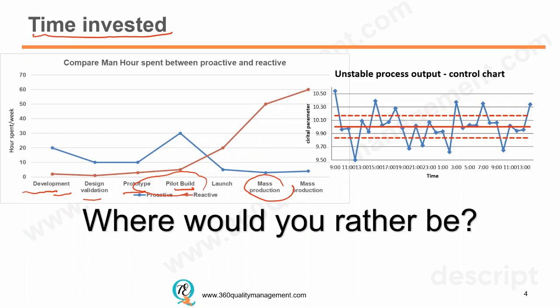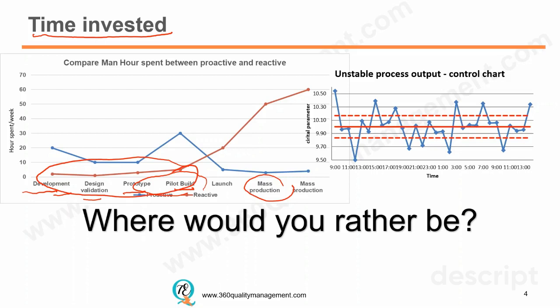And in a typical reactive mode, there is no time spent on planning in quality, in analyzing the potential risks. Therefore, at this stage, people will be very happy until the product reaches mass production, and even